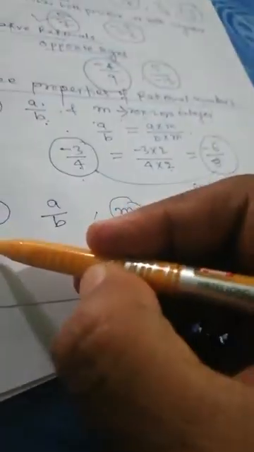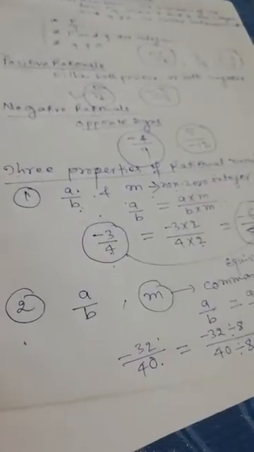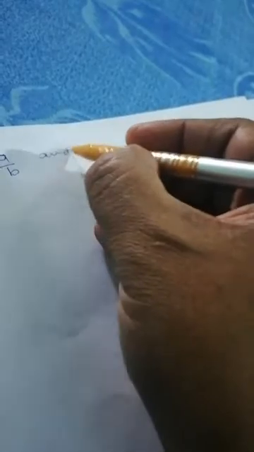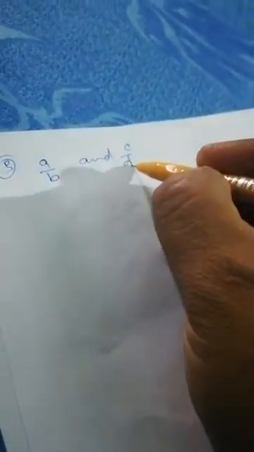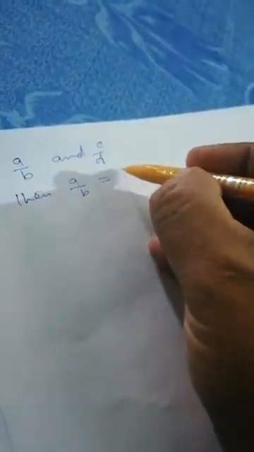So these are the properties, first property and second property. And similarly, one more property is there. If a by b and c by d are two rational numbers, then a by b is equal to c by d implies